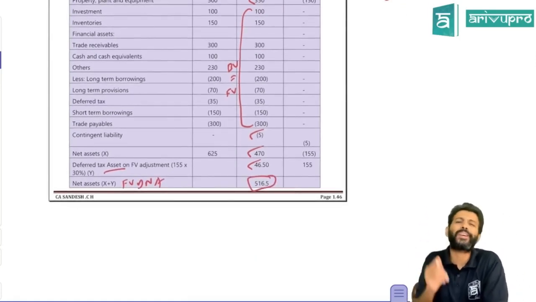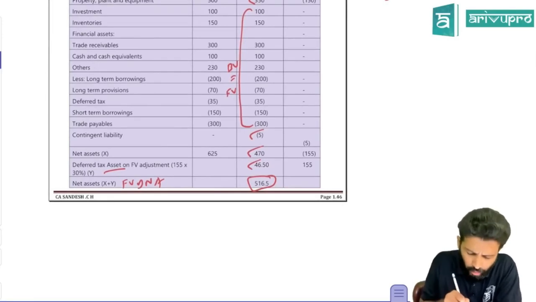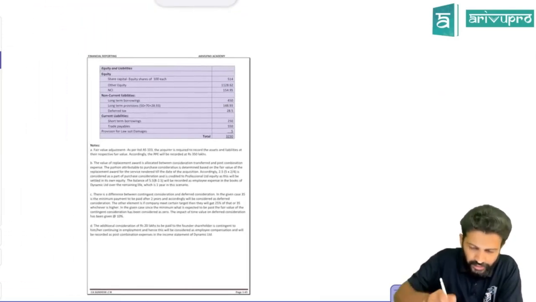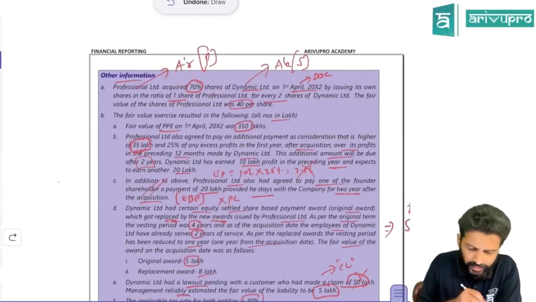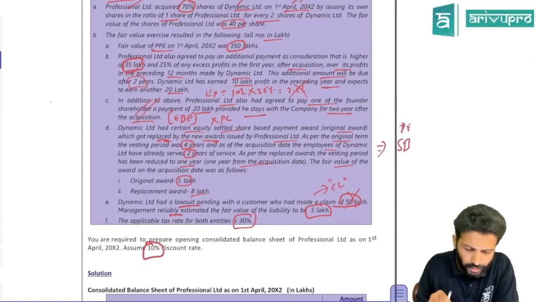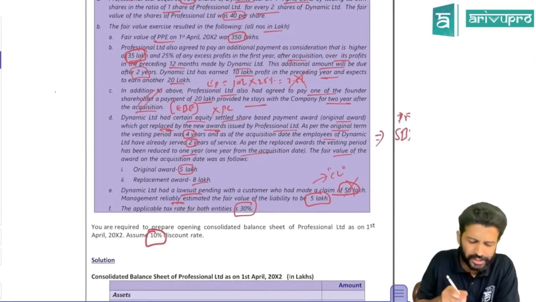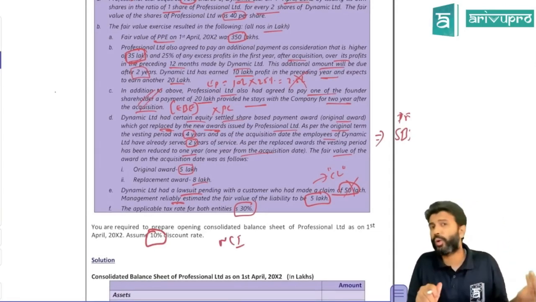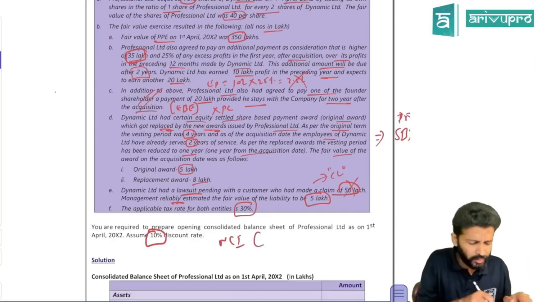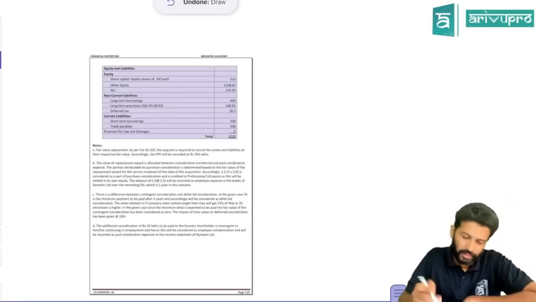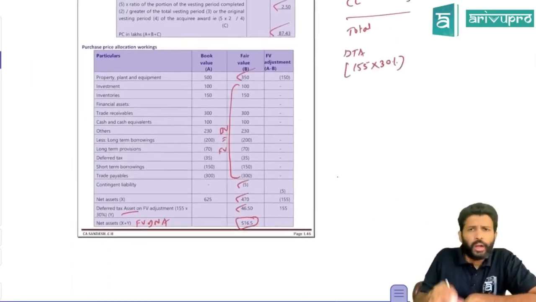Using this, we need to calculate goodwill or bargain purchase gain. So how do you calculate goodwill, sir? One is PC. Okay. In fact, I think we have NCI also here, no? I think we didn't read that 70% is parent acquisition. What about NCI? What have they told? Nothing they mentioned. We want to know whether NCI is measured under the fair value method or net asset method. We don't have any idea. If they don't mention anything, for NCI we always assume that it is valued on the PSNA basis. Because if they say fair value, some data they should give. If they don't give any data, we'll assume PSNA basis.